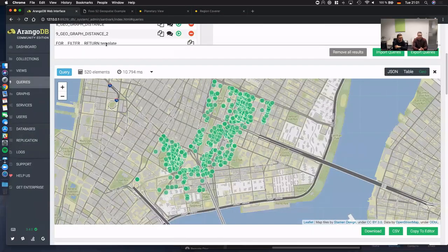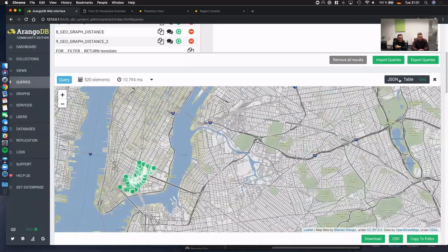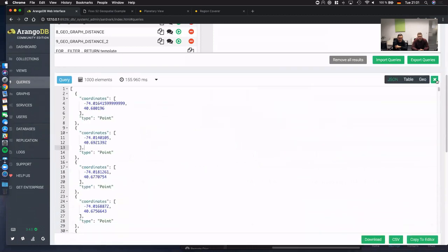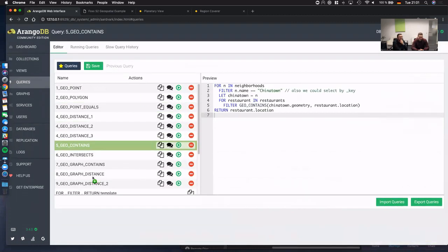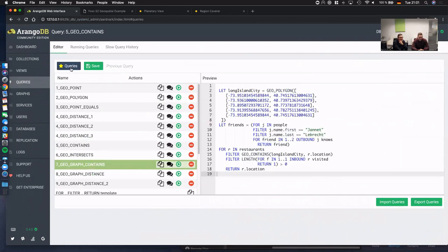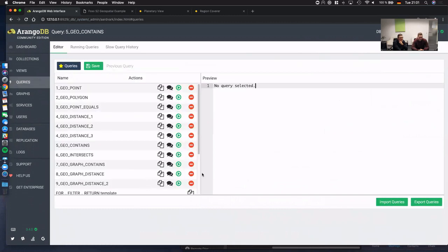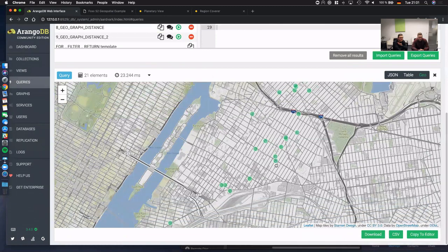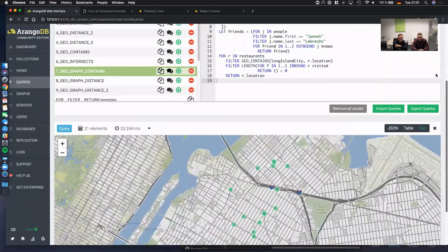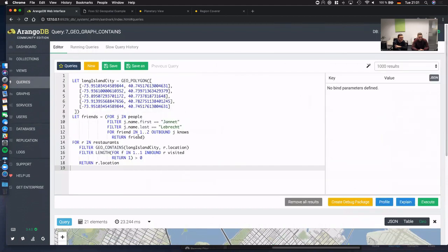Yeah, let's show that in the web editor. Let's close all of these. Just click on remove. Anyway, that's the containment query here. And these are all the restaurants around in Long Island City. We have Janet Liebrecht. In an actual application, you would probably already know the actual ID of